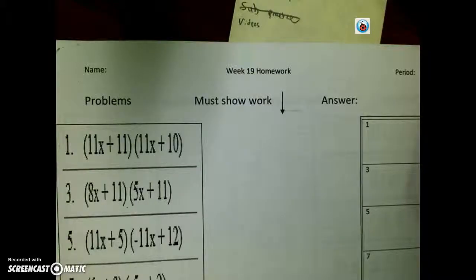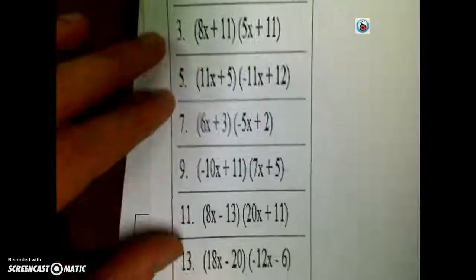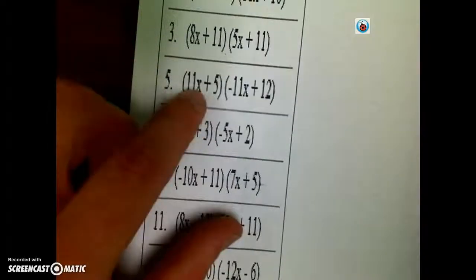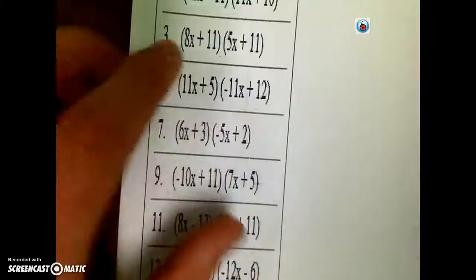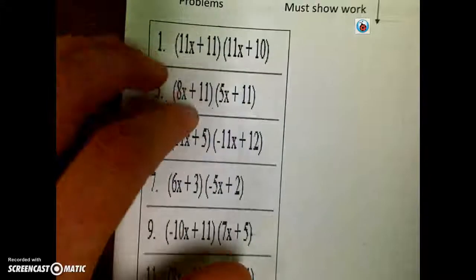Hello, here we're going to be looking at week 19 homework. I'm going to cover the first page first. So all these different types of problems, you can see as you look down through the column, you have a binomial, which means something that has two terms in it, multiplied by another binomial that has two terms. Right? With this, our goal is to do